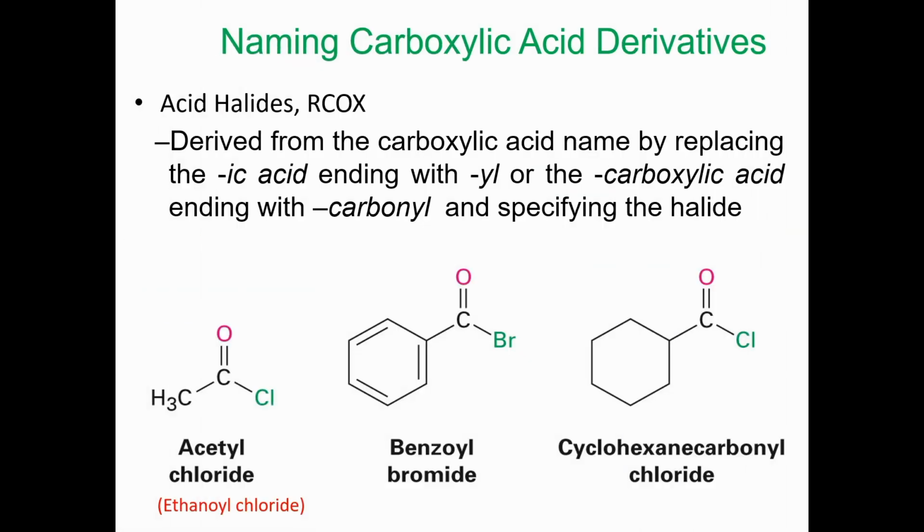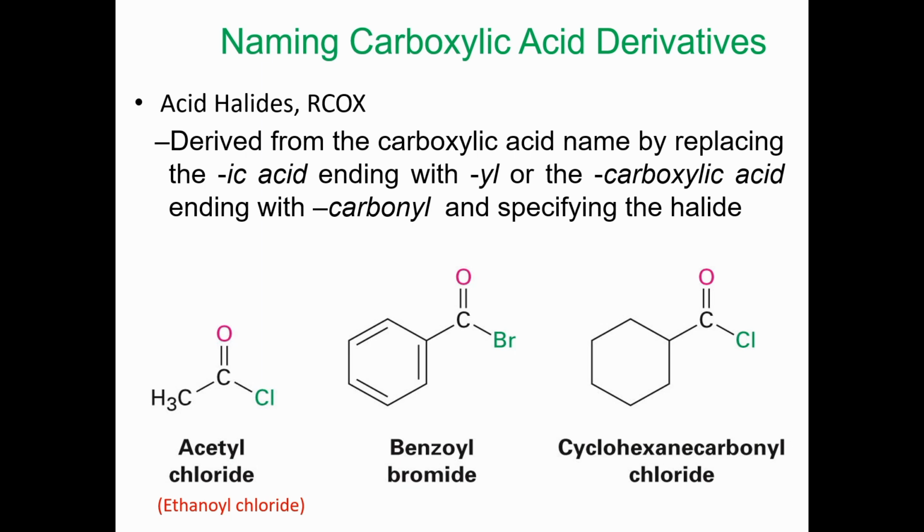Now, how do we name acid derivatives? Starting from acid halides. In naming acid halides, you replace the ic acid ending of carboxylic acid with -yl, and we form an acid halide. An example is ethanoyl chloride from ethanoic acid. Instead of saying ethanoic acid, that ic of acid is replaced with yl, and it becomes ethanoyl chloride because we are dealing